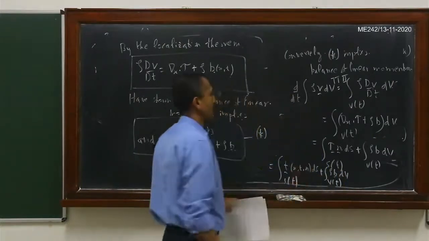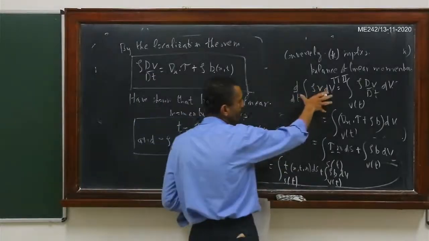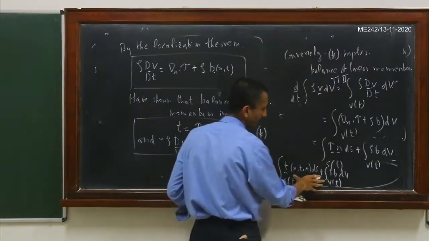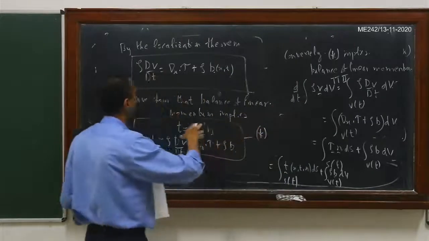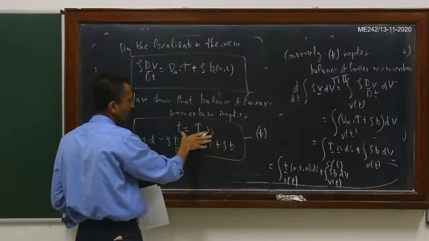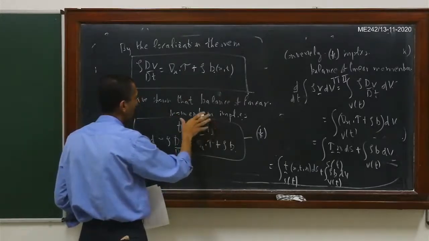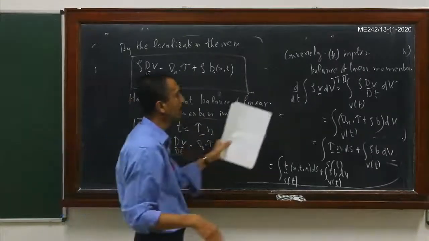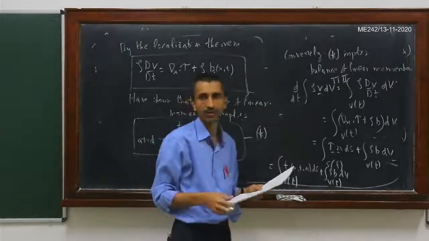So this was our starting statement, the balance of linear momentum. We have shown that the rate of change of linear momentum is equal to the sum of forces acting on the material volume. As I said, if you start with the balance of linear momentum, then it implies the Cauchy principle and the differential form of motion. And conversely, if you assume these two results to hold, then the balance of linear momentum also holds. Okay, I think we will stop here.